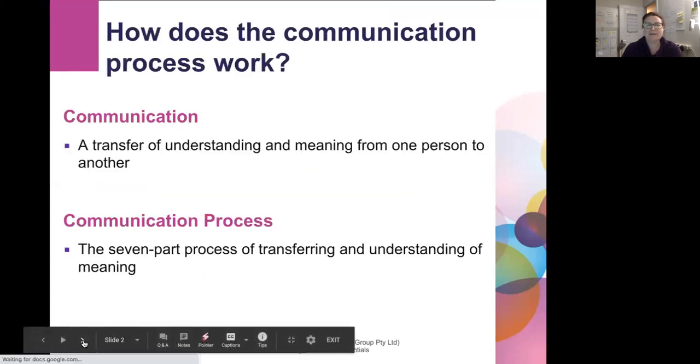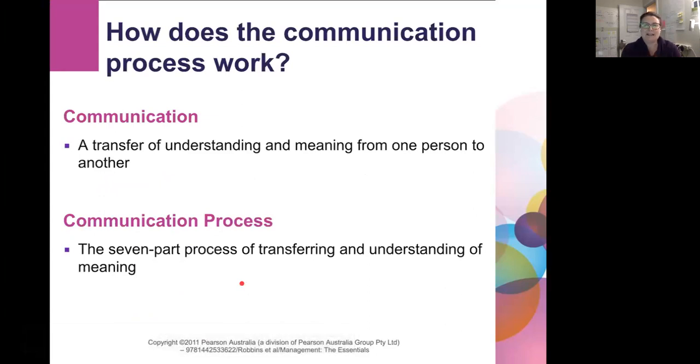So, our first topic is the idea of the communication process. We start with a couple of definitions. First of all, what is communication? What's key here is that we can think that we're communicating, but if we are not transmitting understanding and meaning from one person to another, or one person to many, or collectively, this process of creating understanding and meaning is really inherent and important in what we understand as communication.